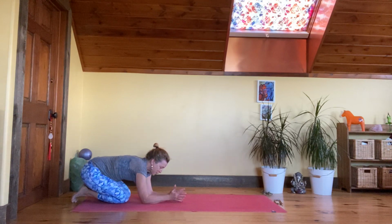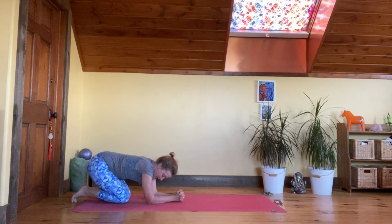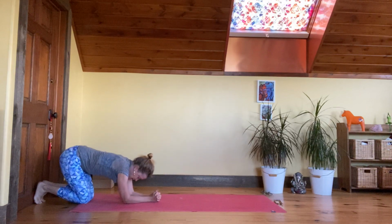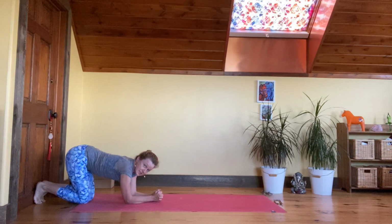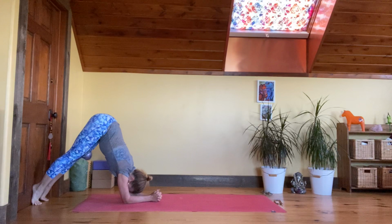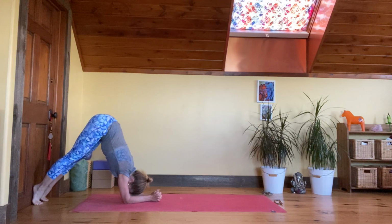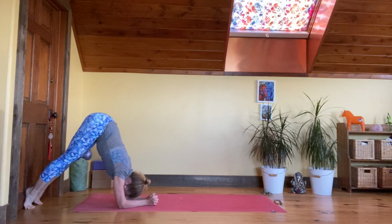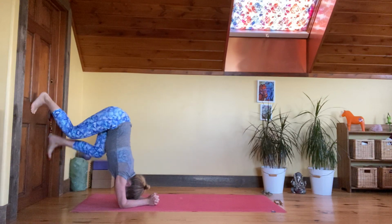Take your forearms to the floor, interlace your hands, take your feet against the wall. Come with your shoulders and wrists stacked. So we are in the same tabletop variation. Bring your feet up on the wall like you're wearing heels. And then from here, we're going to step it up into a half